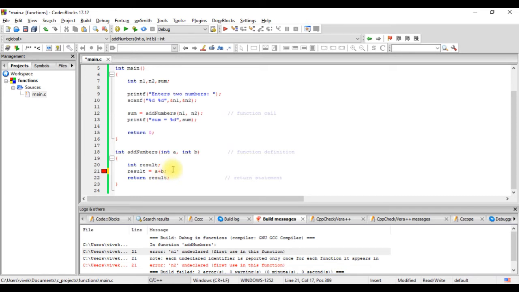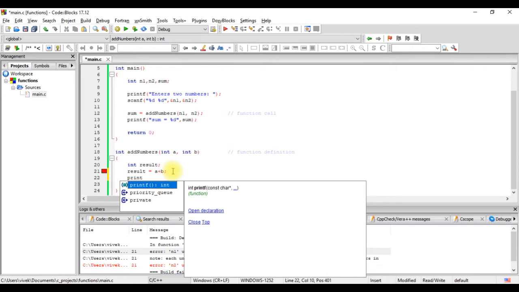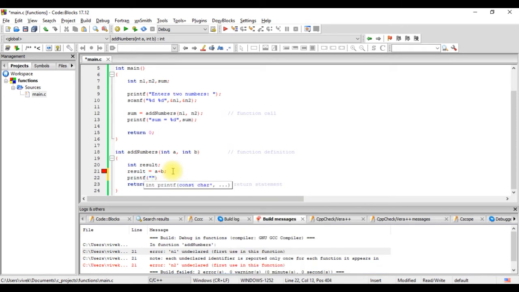We can do another test here to see what values are assigned to a and b. Let's print the values. printf("The value of a is %d\n", a); and similarly we'll write for b.